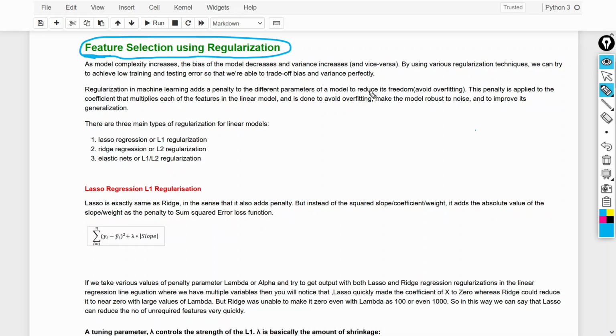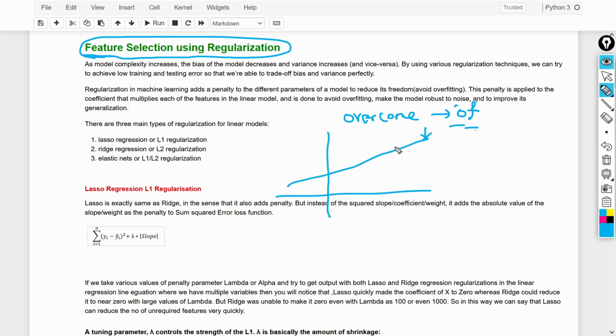In regularization, as I have already discussed in my regularization video, regularization is used to overcome overfitting. What is overfitting? If this is your least square line and these all are your training data, it means during model training our model captures all of the training data.